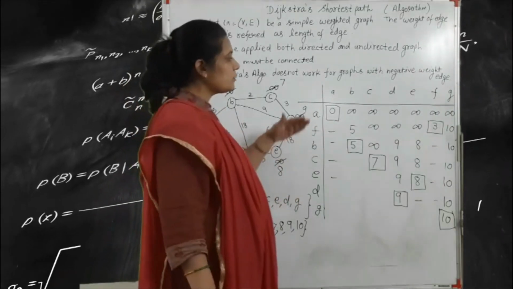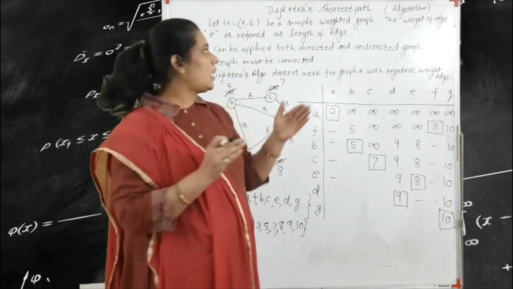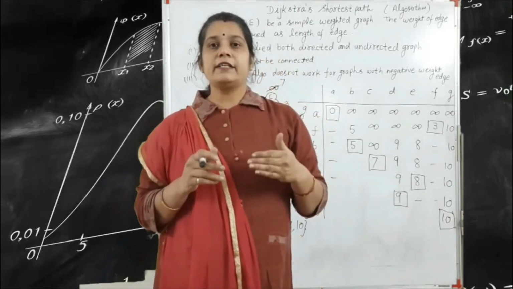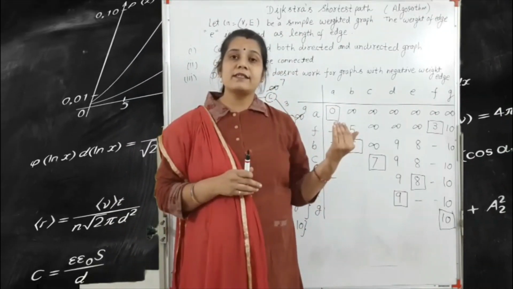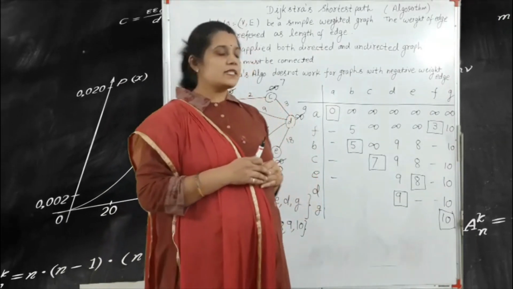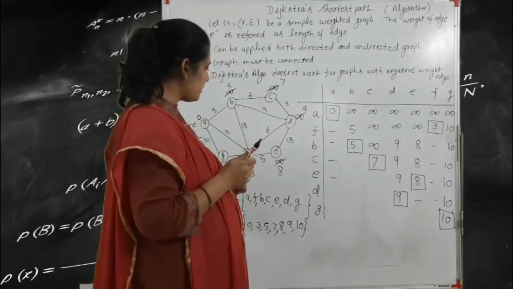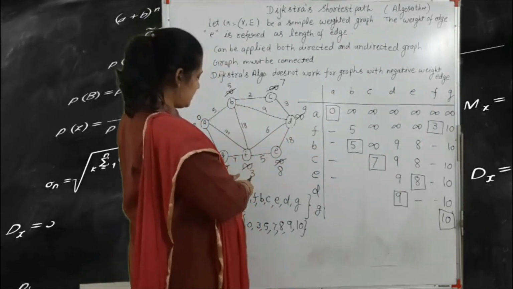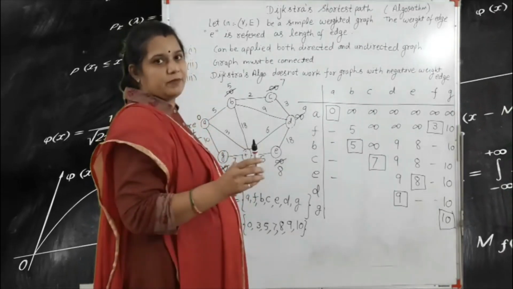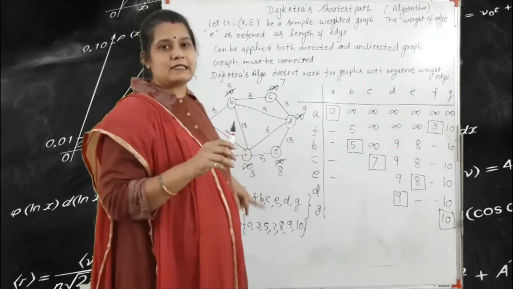Okay, so according to this process, we find the shortest path with the help of Dijkstra algorithm. This is a very important method for finding the shortest path, and this method works for both directed and undirected graphs. Always keep in mind one very important point. Sometimes students consider this F to G, and write only the 7, cutting the 10 because 7 is less than 10.